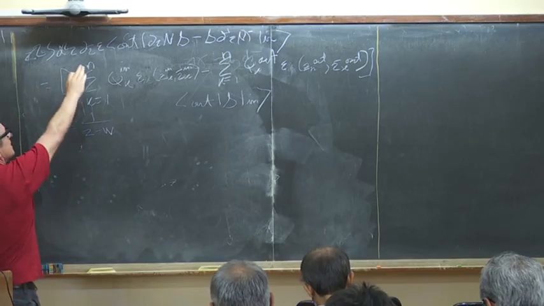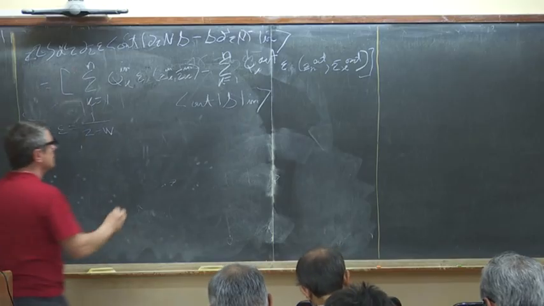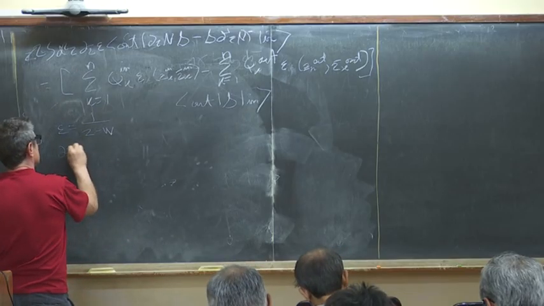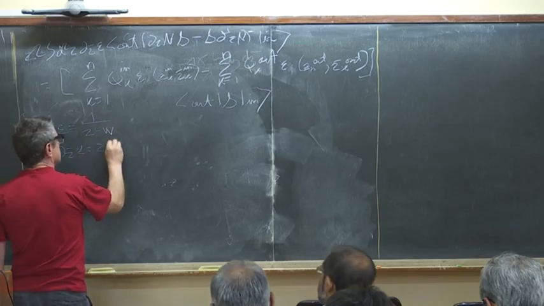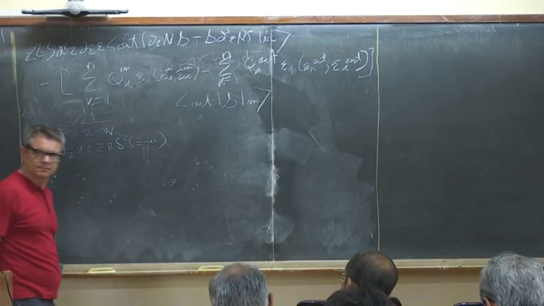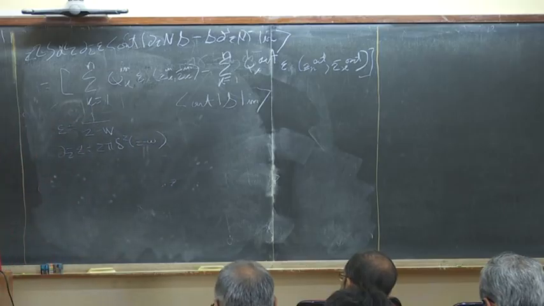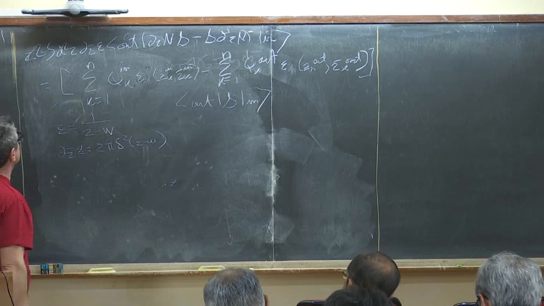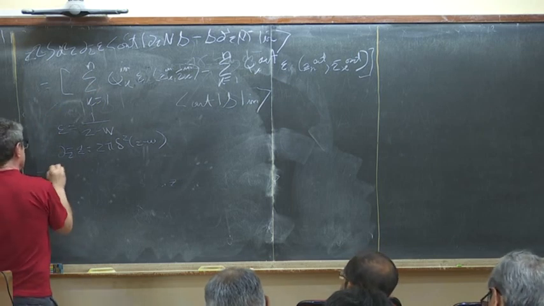Then this becomes a delta function, because d z bar epsilon is 2 pi delta squared z minus w. So this whole thing collapses to a delta function, and I get that minus 4 pi